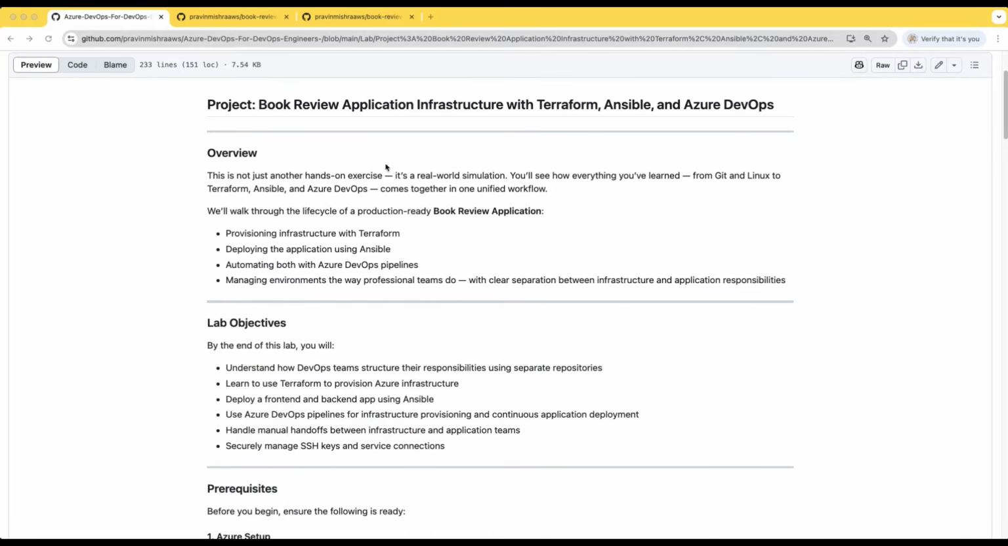Welcome back. In this session, we are going to automate the book review application using Terraform, Ansible, and Azure DevOps. I would say this is one of the best project sessions, hands-on, of this course as of now, because we are going to implement everything we have learned so far in this course, starting from Git, Linux, Terraform, Ansible, Azure DevOps, and of course Azure Cloud, because this application we will be deploying in Azure